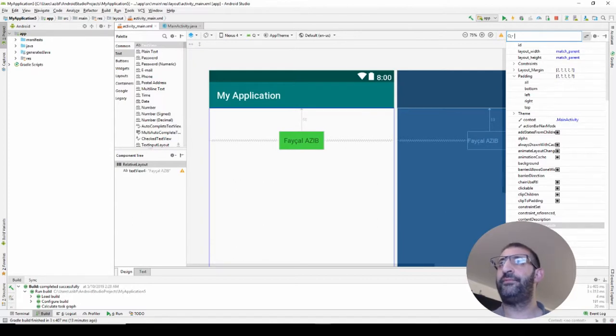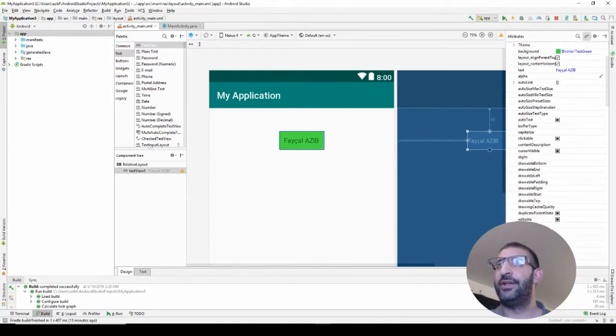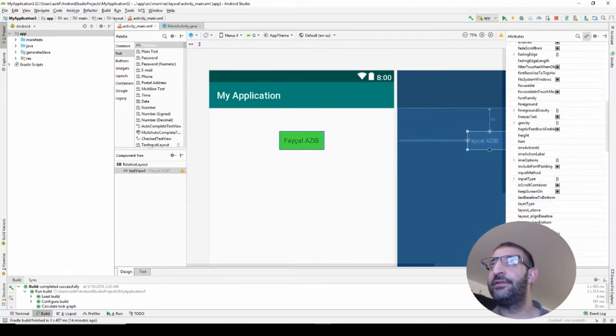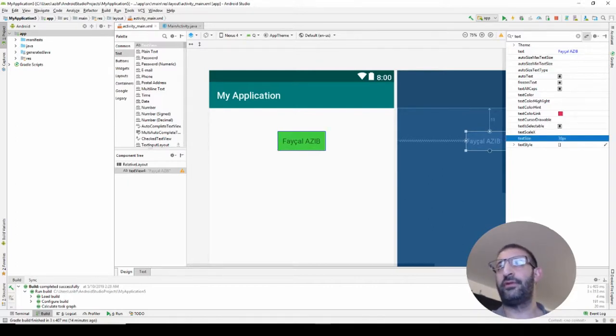Where is it? Ah, because I had clicked on the layout. Oh, our text size. So just click here to make it simple. Yes, text size, and here I will choose 30 px or more. I think it's good. 50 px. Now I will run the application